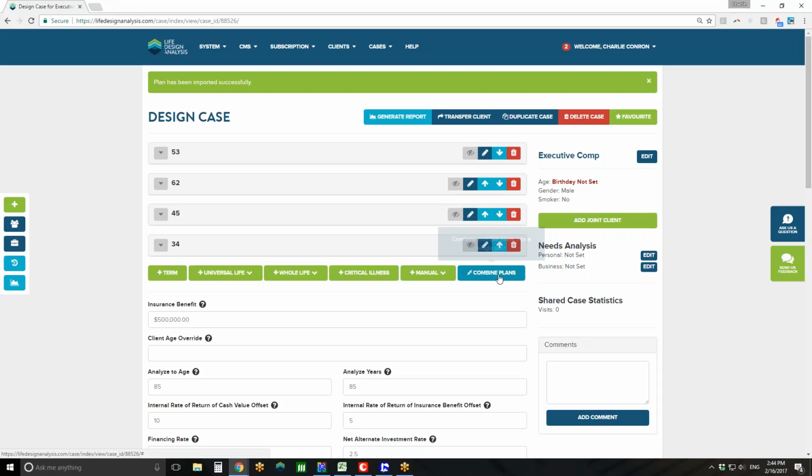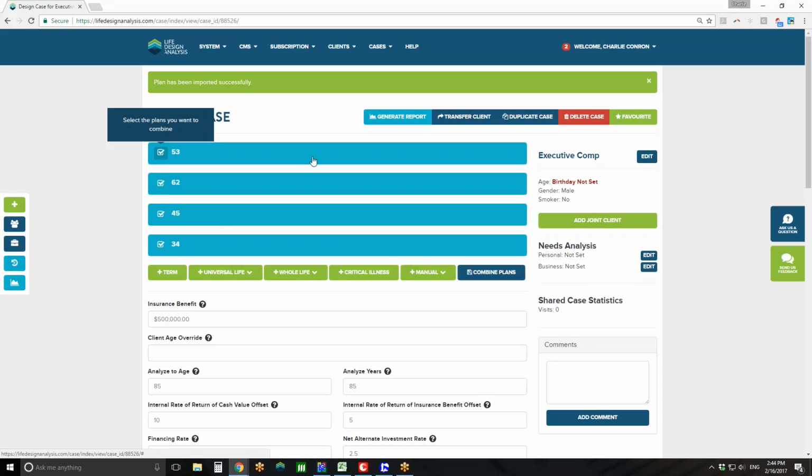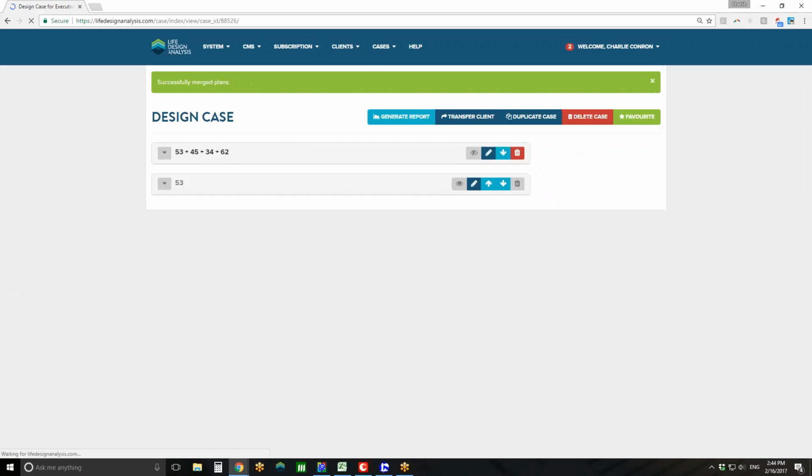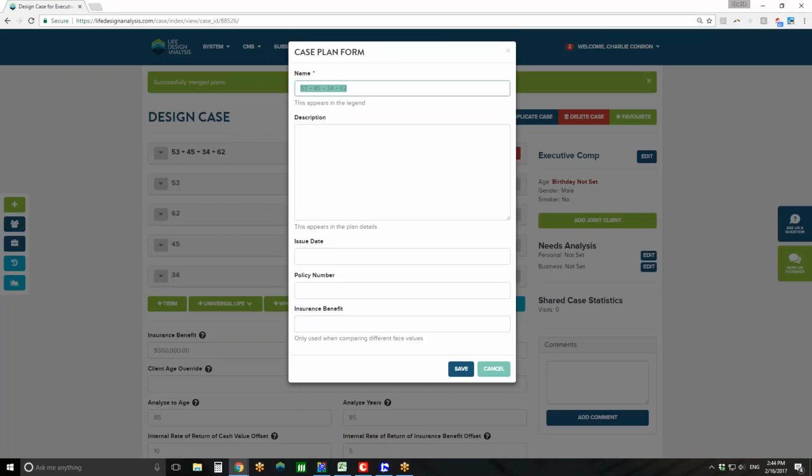Basically, what I'm going to do here is use our combined plan. Once I have all of them, I've named them individually to keep track, but I'm going to rename them once I combine them. I'm just going to select all the plans because I want to sum them all into one package and make it really simple for these people to say, okay, here's the total outlay of cost, and here's any of our benefits. Now, once we get them summed together, we might want to change this name. I don't want it to look like a math equation. I'm going to say,